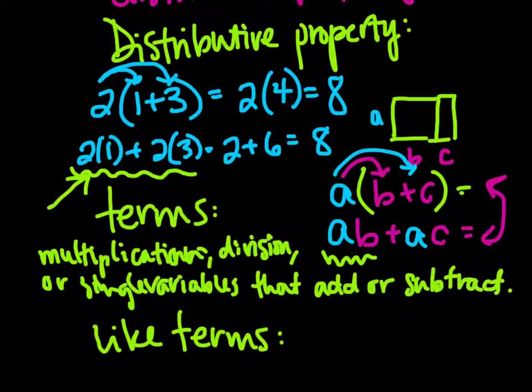Potentially. They could also just be standing on their own. But a term would be this a times b. That is one term because a times b is our multiplication statement, and it is being added to another term,